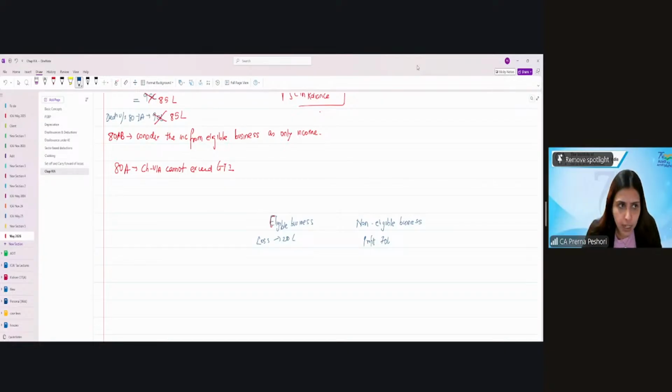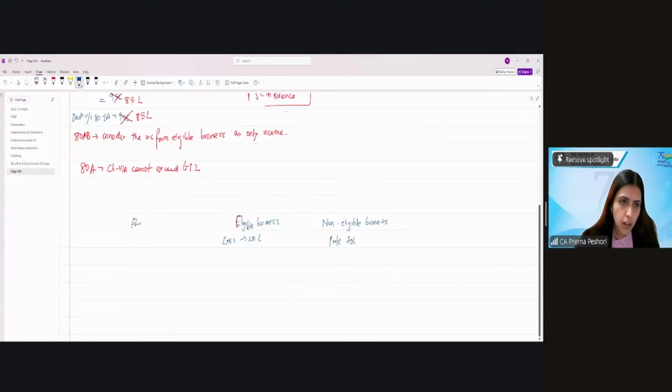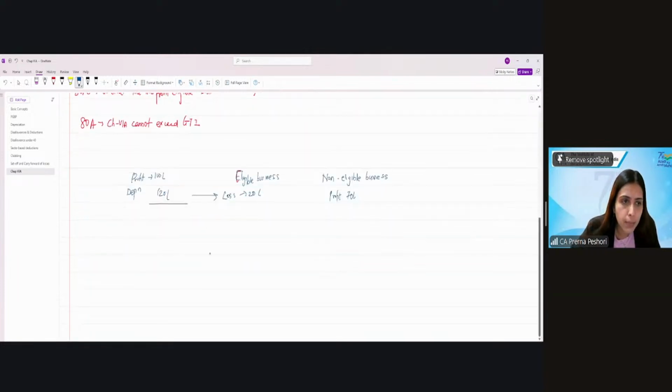Deduction will not be allowed, certainly. Here, the deduction is not going to be allowed because there is no ICAI applicable because there is no profit. Here we have ICAI, but in this year we have incurred the loss. We have not earned the profit. Let's say my expenses were more than my income. Let us take a classic example: let's say I had a profit of 100 lakh. But let's say my depreciation itself was 120 lakh, resulting in this loss of 20 lakh. Possible? So here, ICAI is not applicable